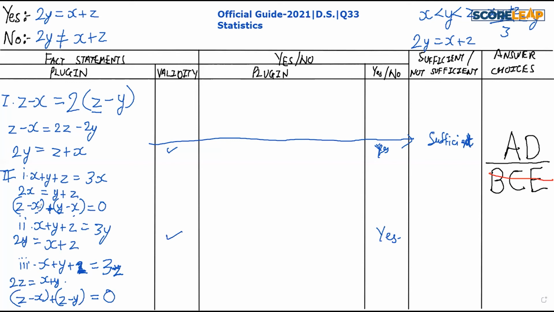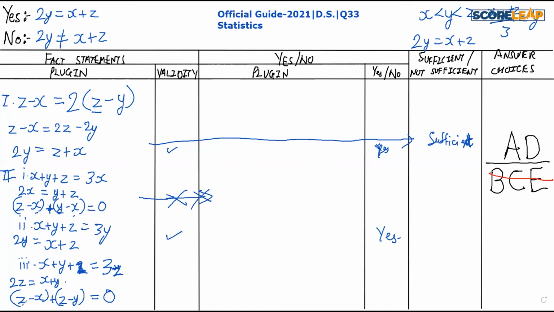Now if we look at case 1 carefully, it says z minus x plus y minus x equals 0. Z is a greater number than x, and y is also a greater number than x. So z minus x will be a positive number and y minus x will also be a positive number. So they are saying that the addition of two positive numbers is 0. How is that possible? The validity check fails, so we won't move forward with this case. We cannot get the summation of two positive numbers as 0.